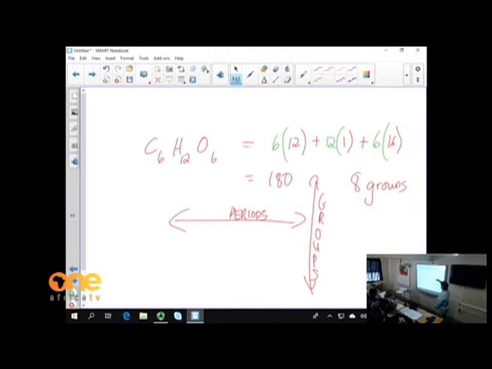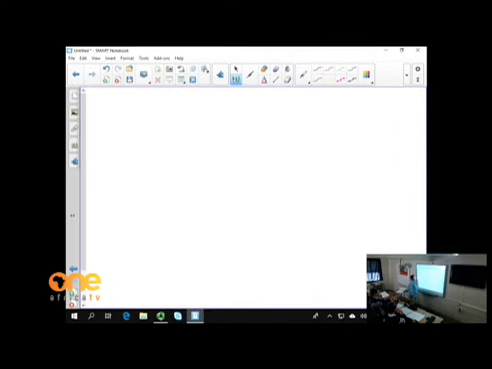The periods are the first 2 elements, hydrogen and helium, which lie in the first period. Then lithium, beryllium, boron, neon lie in the second period, etc. In general, the elements in the different groups are grouped together because their properties are more or less the same. Now, the first thing that we must have a look at in terms of the different elements on the periodic table, the old exercise, you did it in grade 8 for the first time,